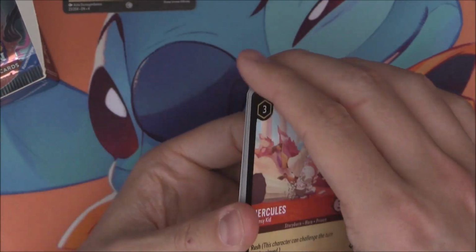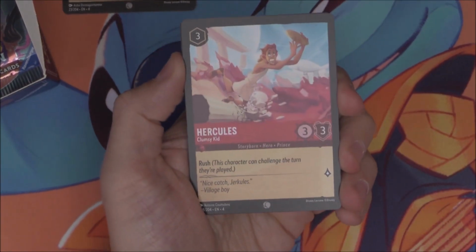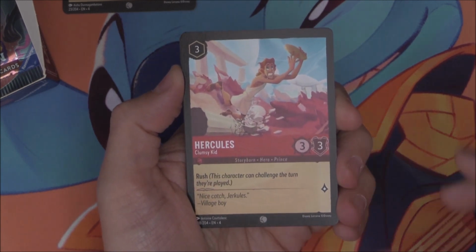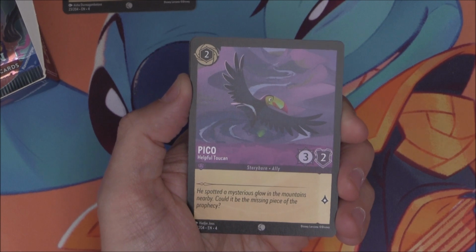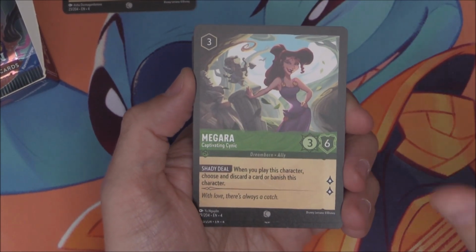The regular for us is normally 4, but last time we seemed to be getting a regular of about 5, and then a booster box hit us with 3. And if it wasn't for a holo legendary, we would have only had 2. So yeah, shocking. So first one up, we've got Hercules, not seen that. We've got Pico, which is a toucan. We got Megara